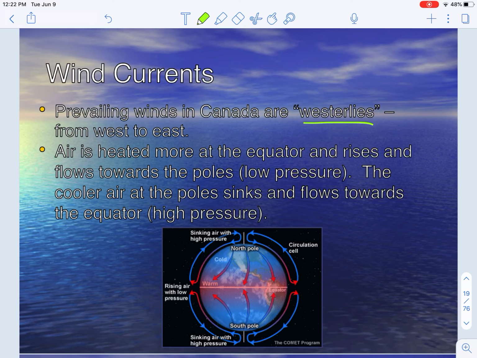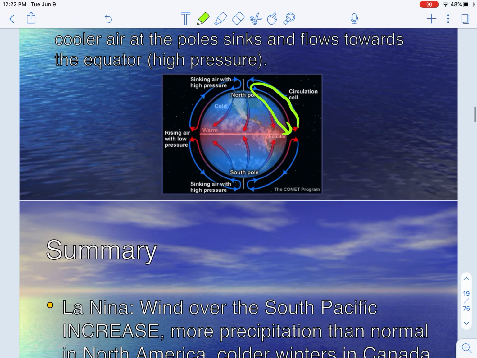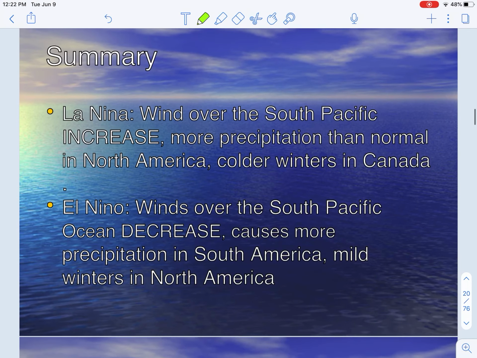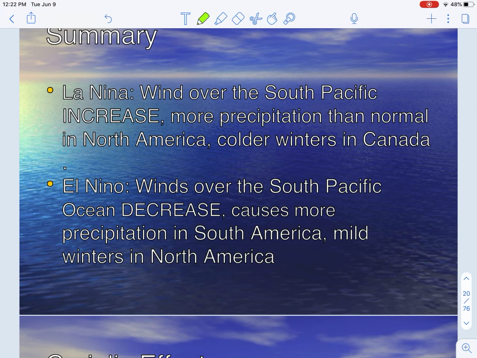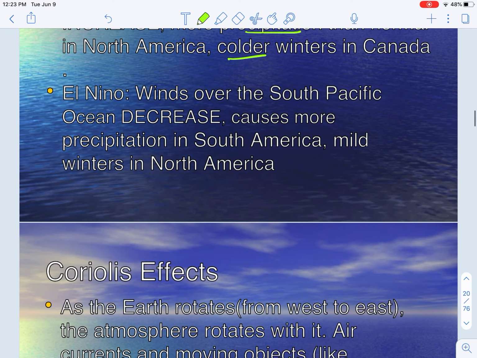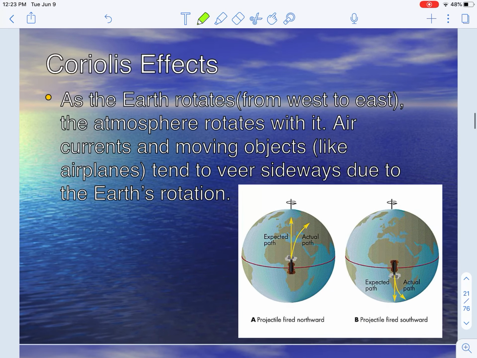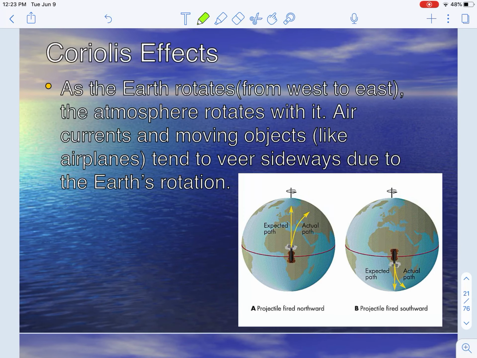Wind currents for us are often westerlies, coming from the west. What happens is, as convection currents work, air goes from the equator, rises up to the poles, and sinks again back down. So it is a continual circuit of moving air, and that will give us the winds coming from a westerly direction. That's why it's called a westerly. And we have a review here of La Nina, the cool area, colder years of precipitation, and El Nino,